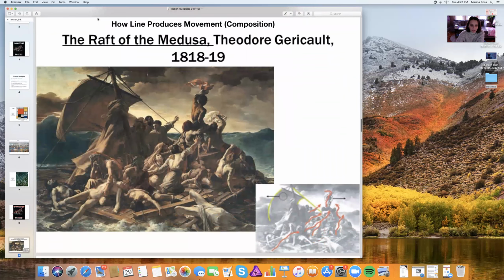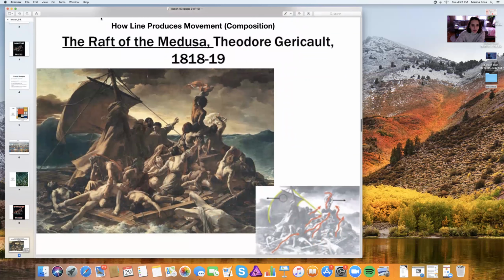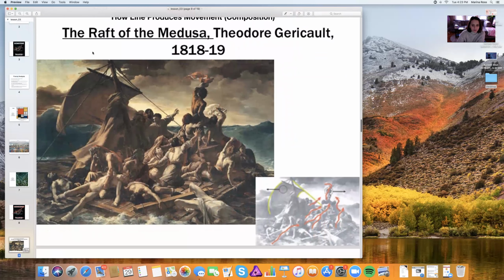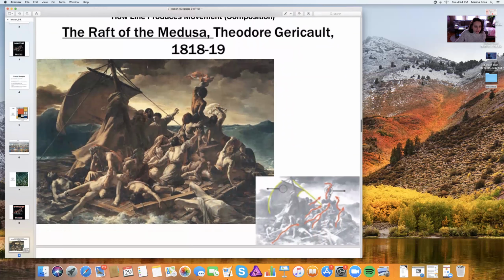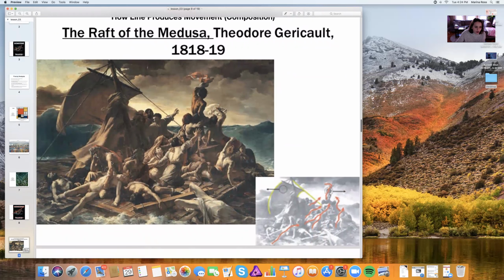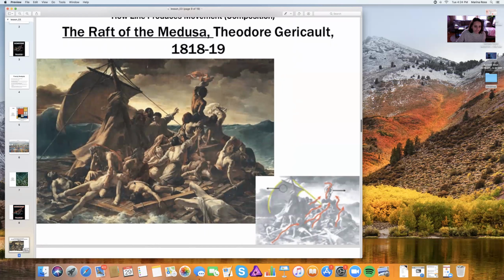These are a couple examples I pulled from the book. So how a line produces movement. This is Theodore Géricault, The Raft of the Medusa. All of these bodies, thinking of the body or the figure as a sort of elongated shape, the bodies and also the limbs, the arms, legs, they tend to create these lines as well. So if you were to just draw over all of the limbs and the body parts, you would see a bunch of different lines probably going in all different directions, but actually kind of coming together to create some